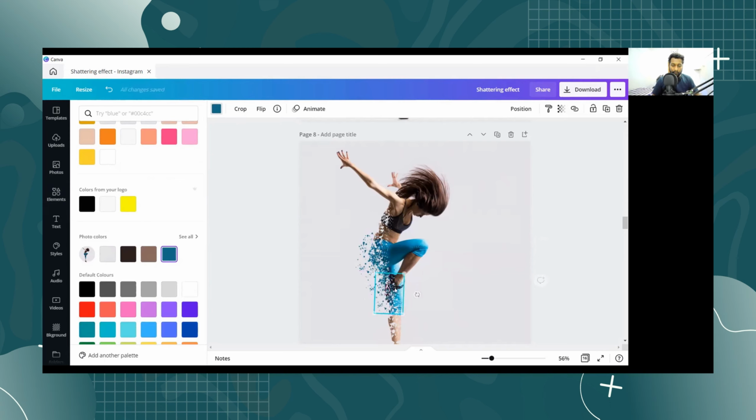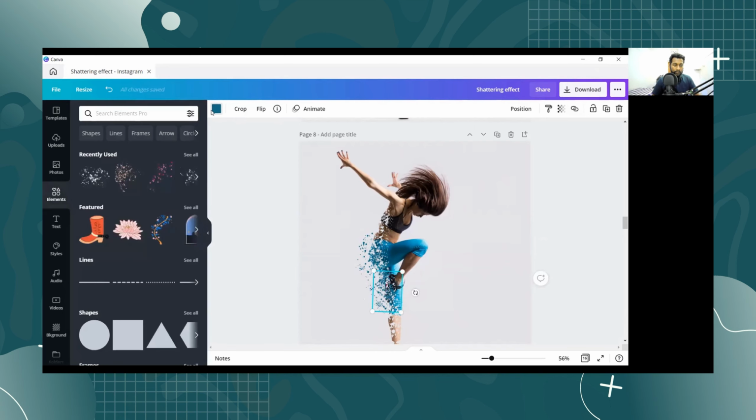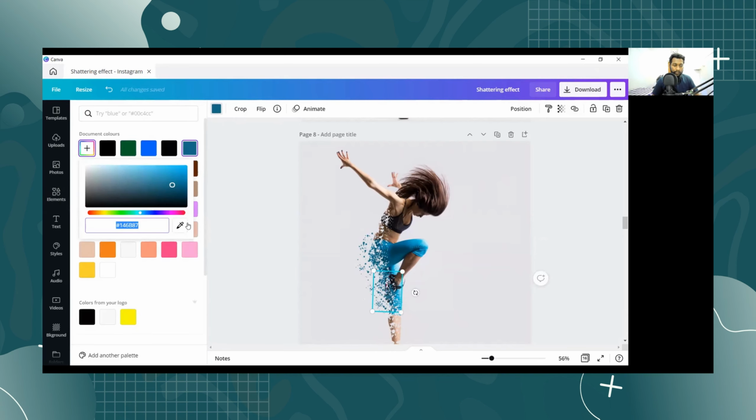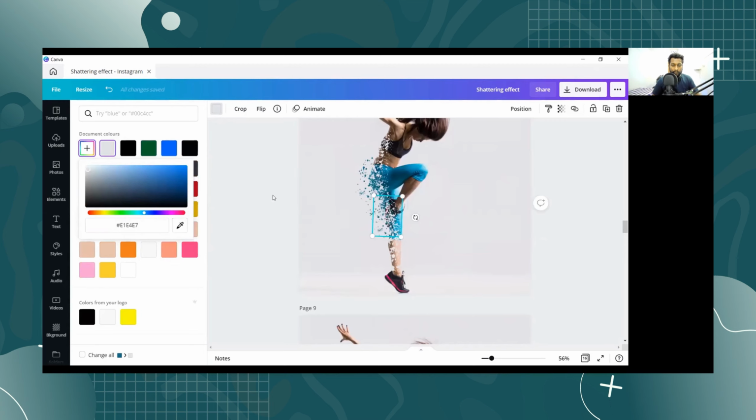And here we have the shoe color as well. For that, we will duplicate it one more time, and use the same procedure for selecting the color with the eyedropper. Let me unselect it and select again, and from here I'll get the shoe color like this.